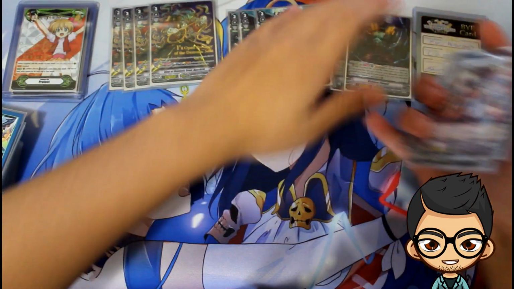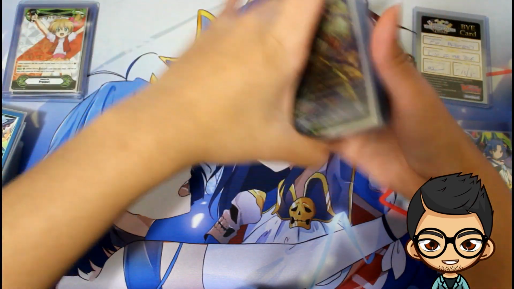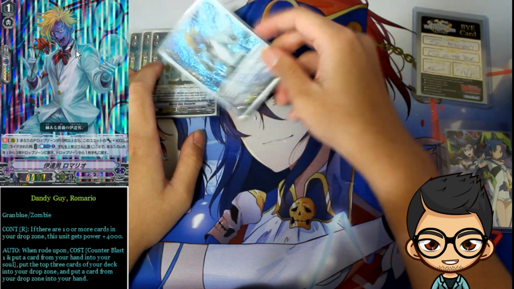So now we're gonna move on to our grade 1s and triggers. Okay, grade 1 wise, we have 4 Romario. Romario's skill being that if you have 10 more cards in drop, he gets a continuous 4K, so 12K booster,